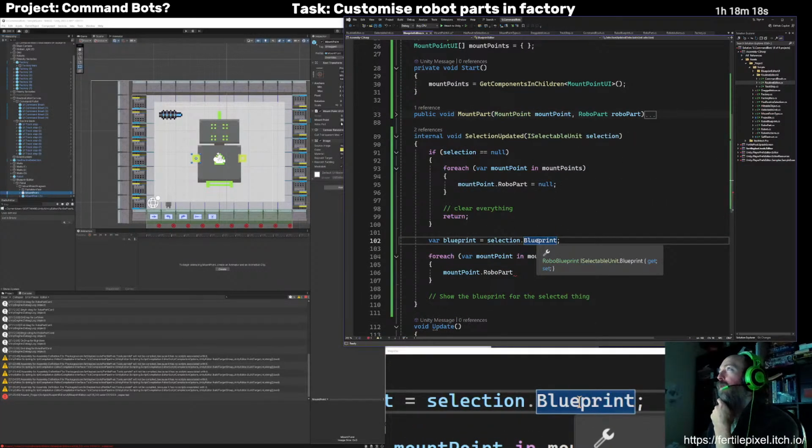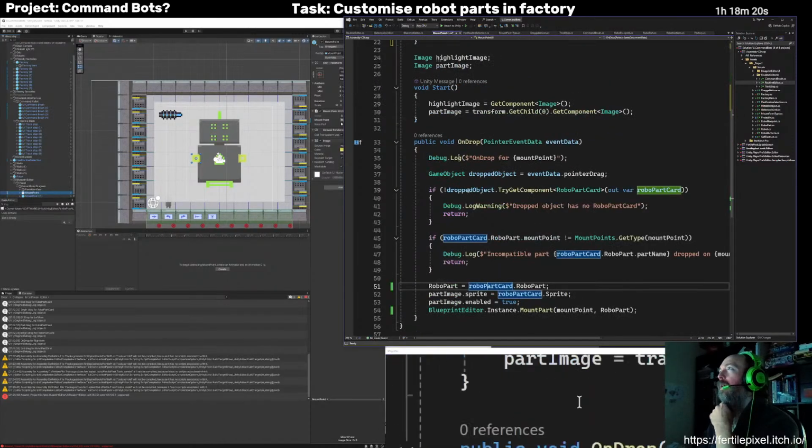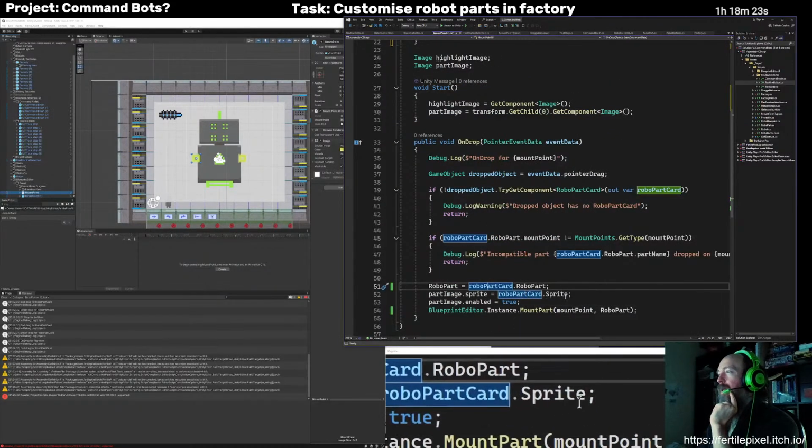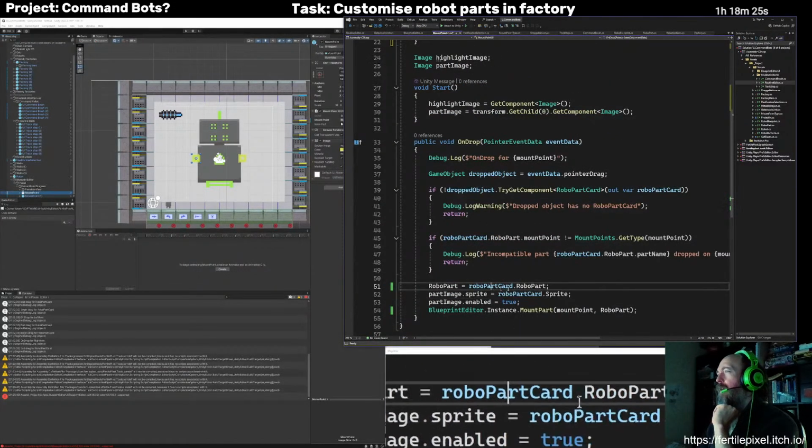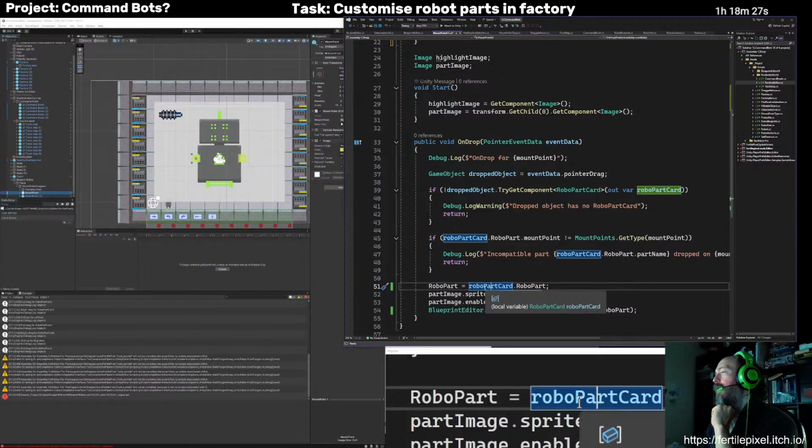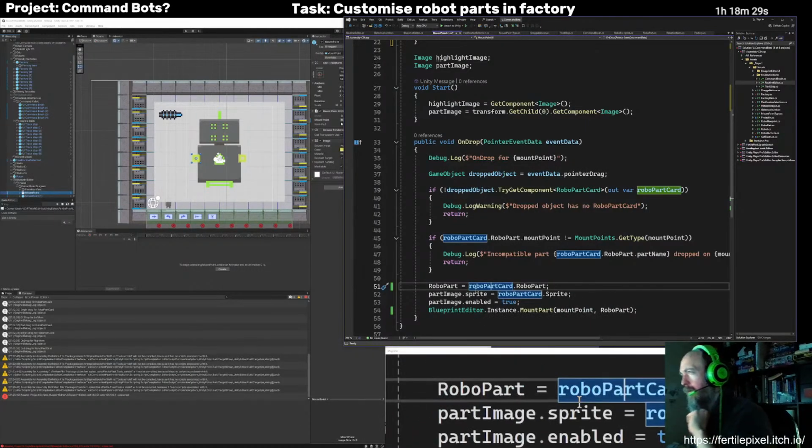It doesn't have the sprites in there. So I'm basically going to need another way to do this, another way to associate the different things. I think I can handle that in the blueprint editor though.